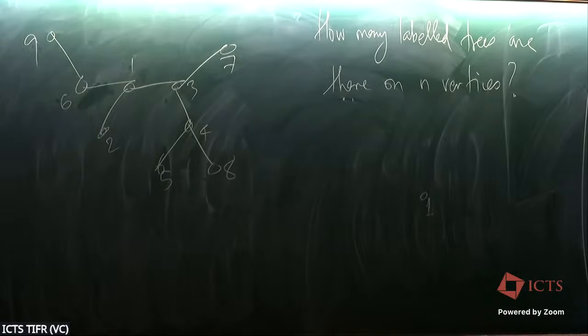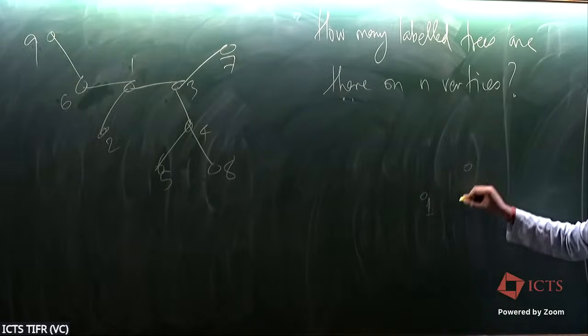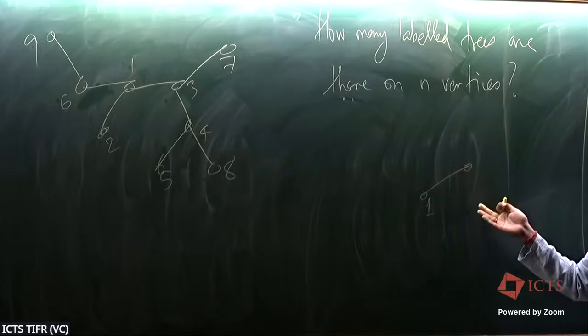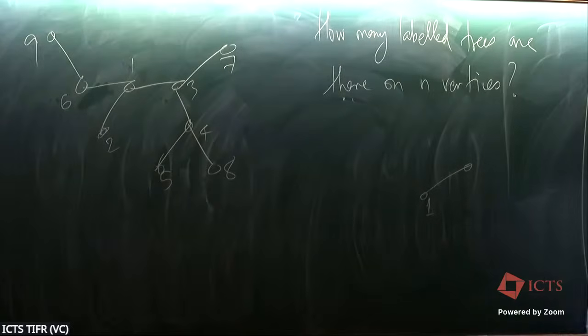Okay. Suppose there are two vertices. There's only one possible tree, first of all, on 2 vertices. You have to draw an edge. No, a tree must be connected. Yeah. So if you have disjoint chunks, like that, where this is also a tree, that is also a tree, then it's what is called a forest. It's a more general sort of